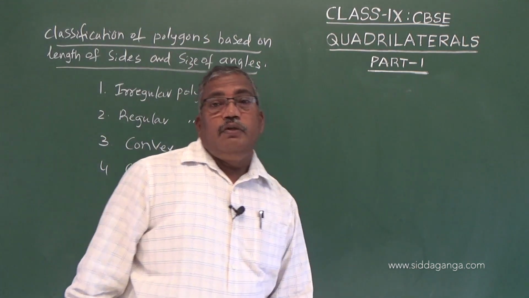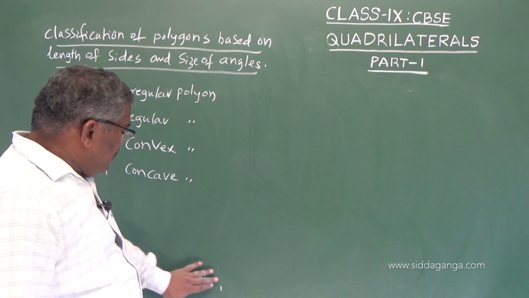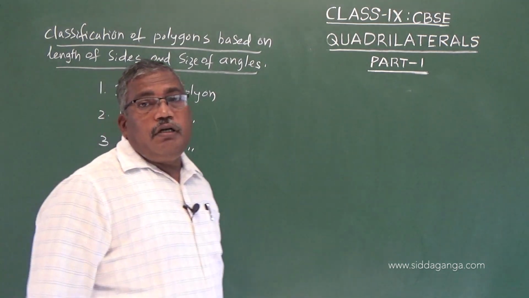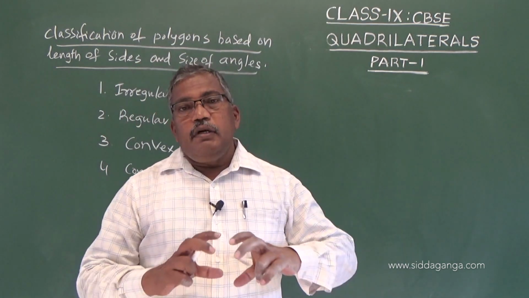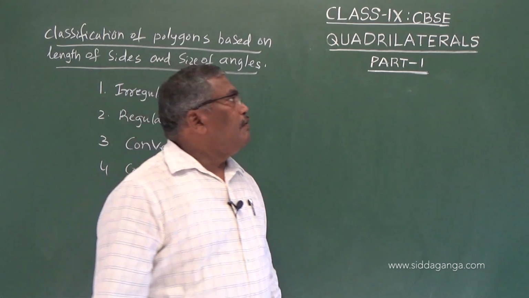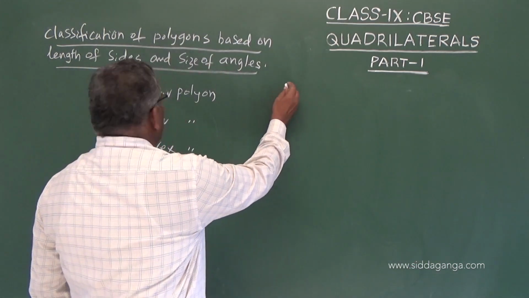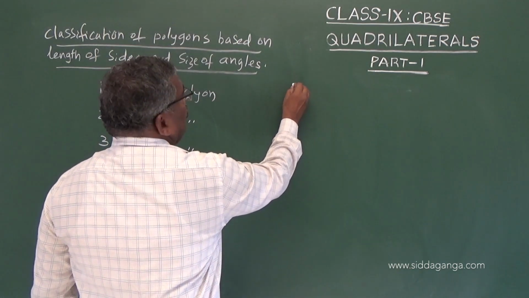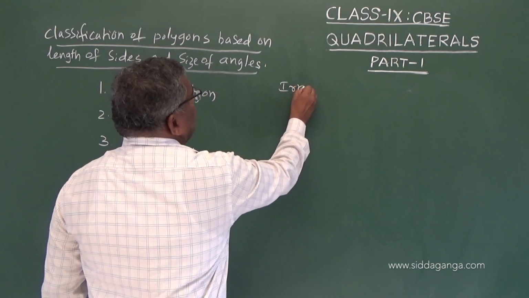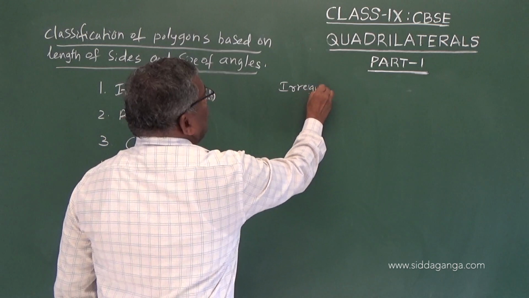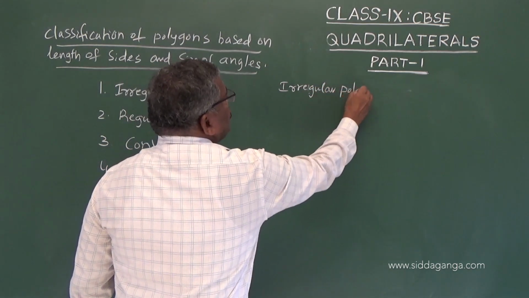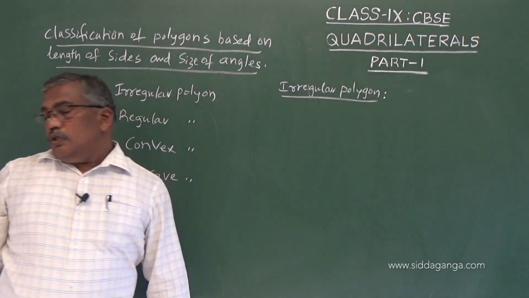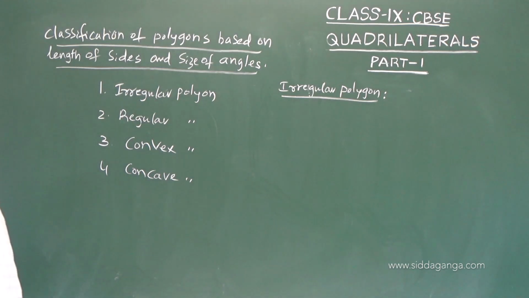Now, these are basics you have to understand. So that is why I am explaining this to you. An irregular polygon is one which has all lengths of different size. These are simple things you will understand. Irregular polygon, you take a simple definition. So the key words I will give you.